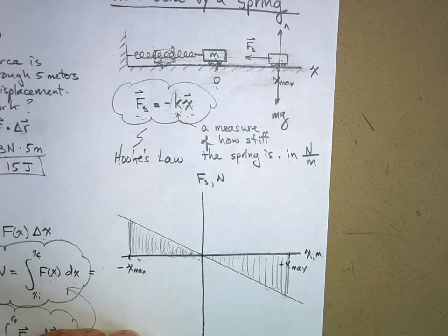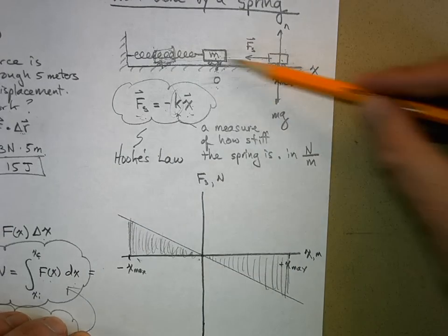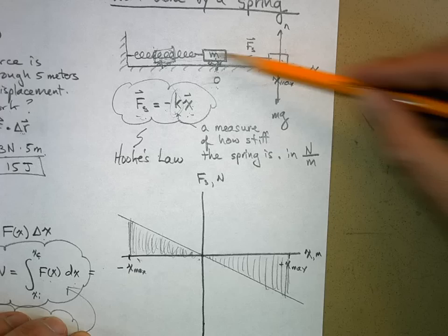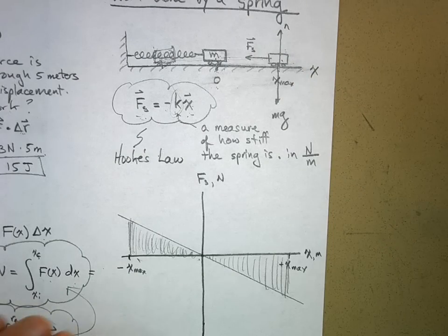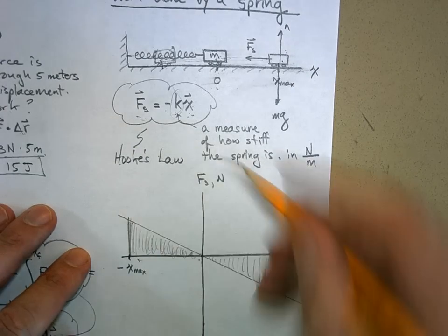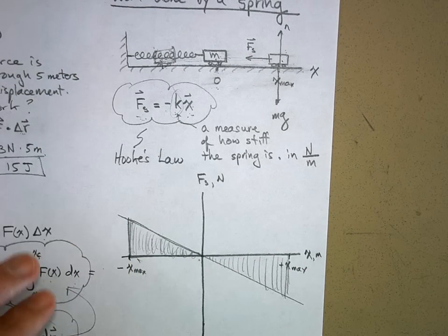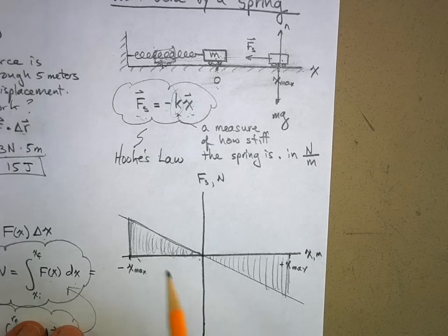And then what will happen? Well, it'll just oscillate back and forth. Okay, basically forever. But the point here is that the work done by the spring is equal to the area underneath the graph. Yes? Does it go all the way to positive x max? If it's a symmetrical spring, and we're assuming this is very symmetrical. I did draw it the same, but this x max and this x max should be the same magnitude. It's like not losing energy